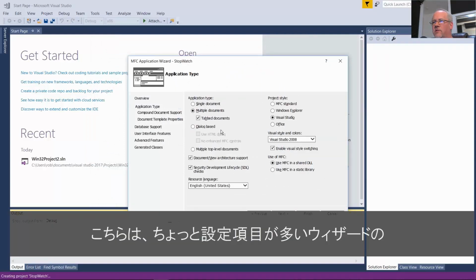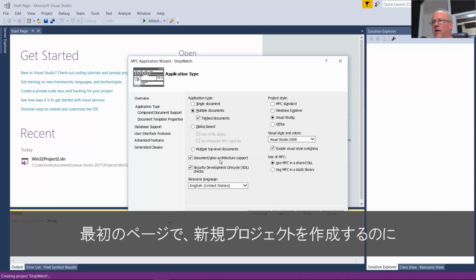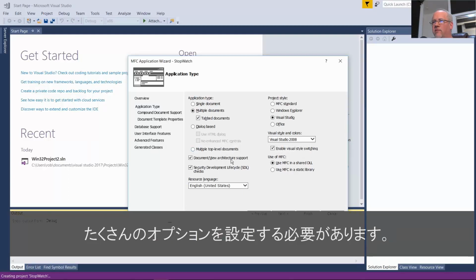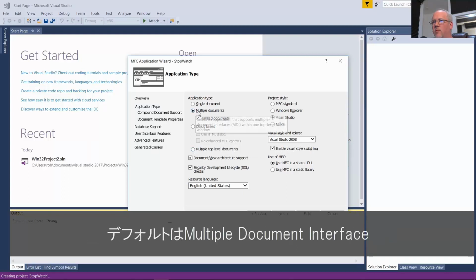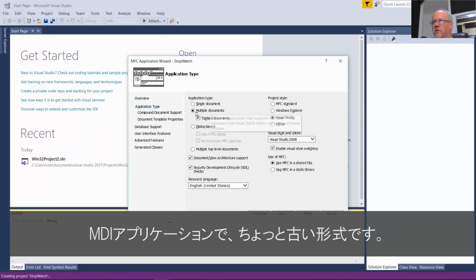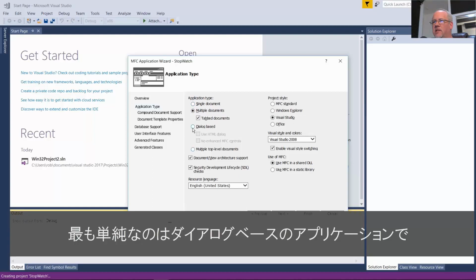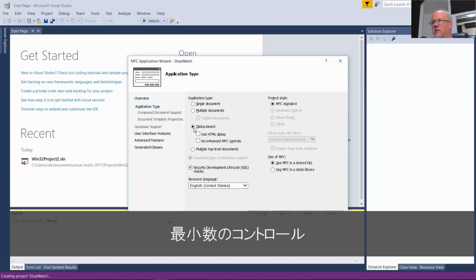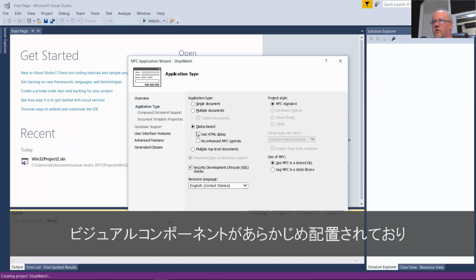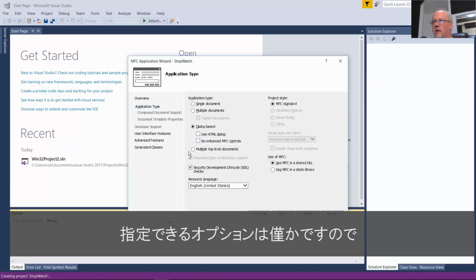Okay, so this is the first sort of busy wizard page that you have when you're creating a new project. You have a lot of options here. The default is multiple document, or MDI application. This is pretty old school. The simplest is a dialogue-based application that has the fewest pre-populated controls, visual components in it.